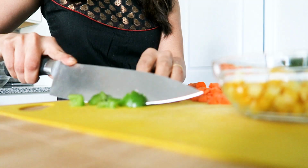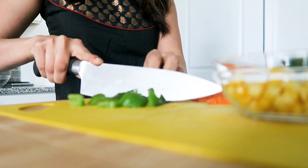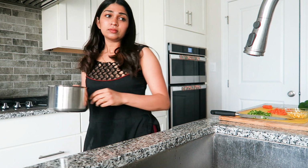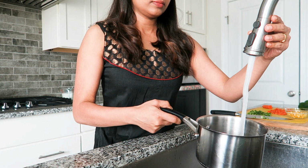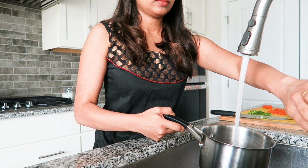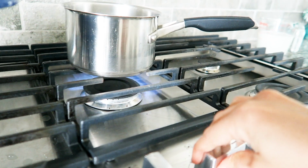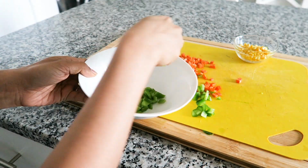The first breakfast recipe for today is a saucy, delicious pasta recipe with white sauce. We're going to be making this a good source of vegetable protein by tweaking a superfood into it. So first we shall boil a cup of pasta in boiling water. Meanwhile, the veggies we had chopped earlier, which is a mix of corn, carrots and bell pepper, we shall saute